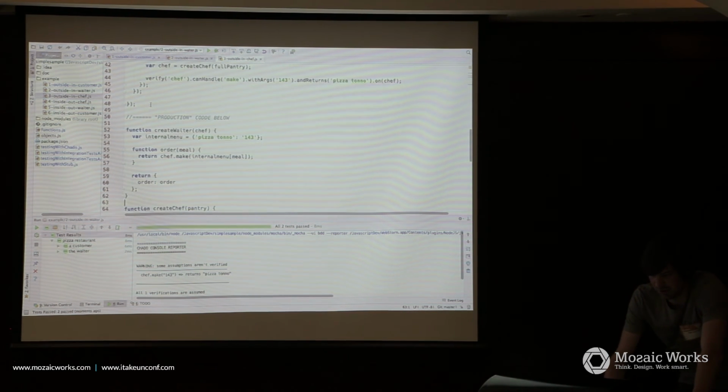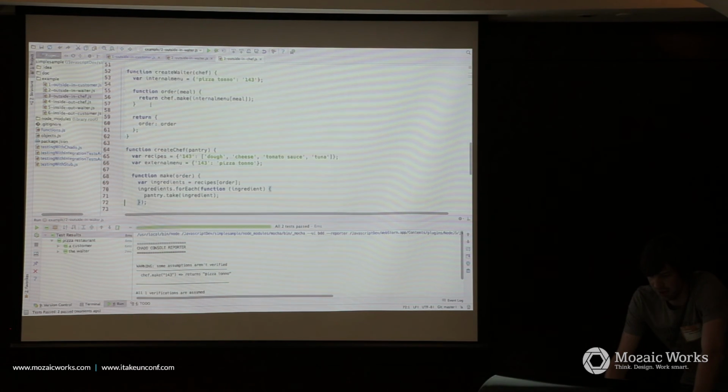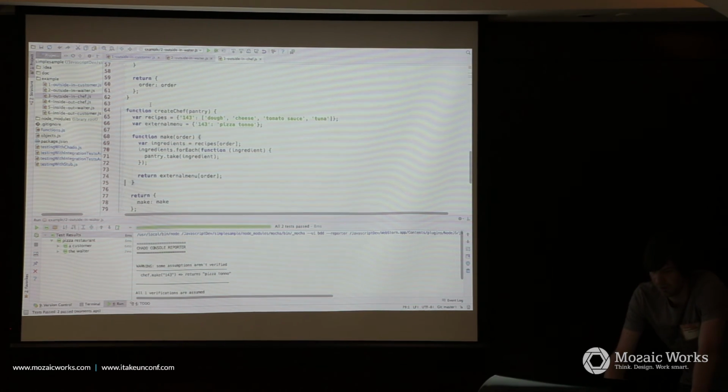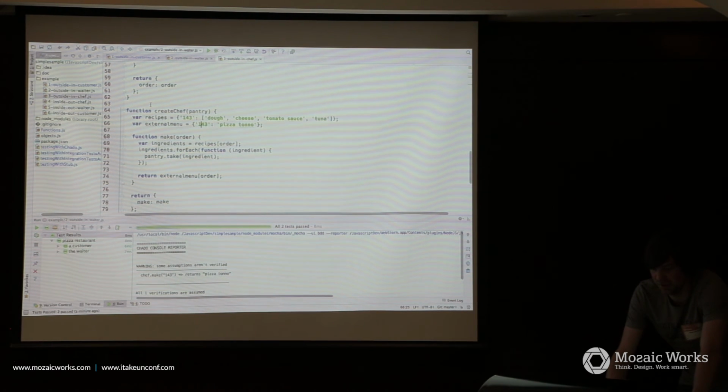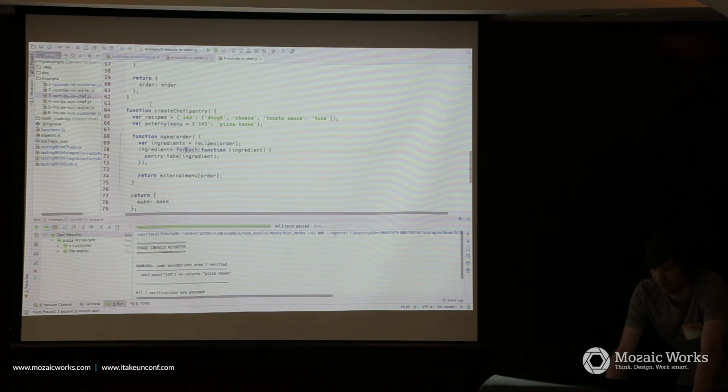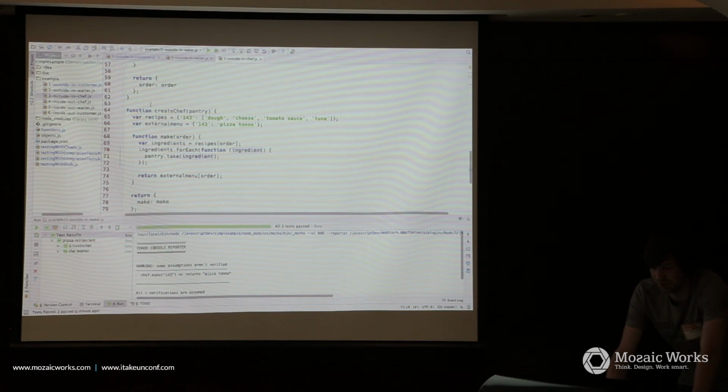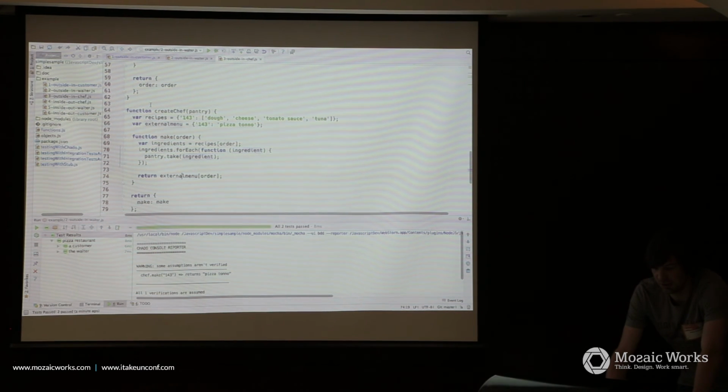This is the implementation of the waiter, and our chef knows for each internal menu which ingredients he needs, and then he goes to the pantry and takes the ingredient, and then he creates the menu.